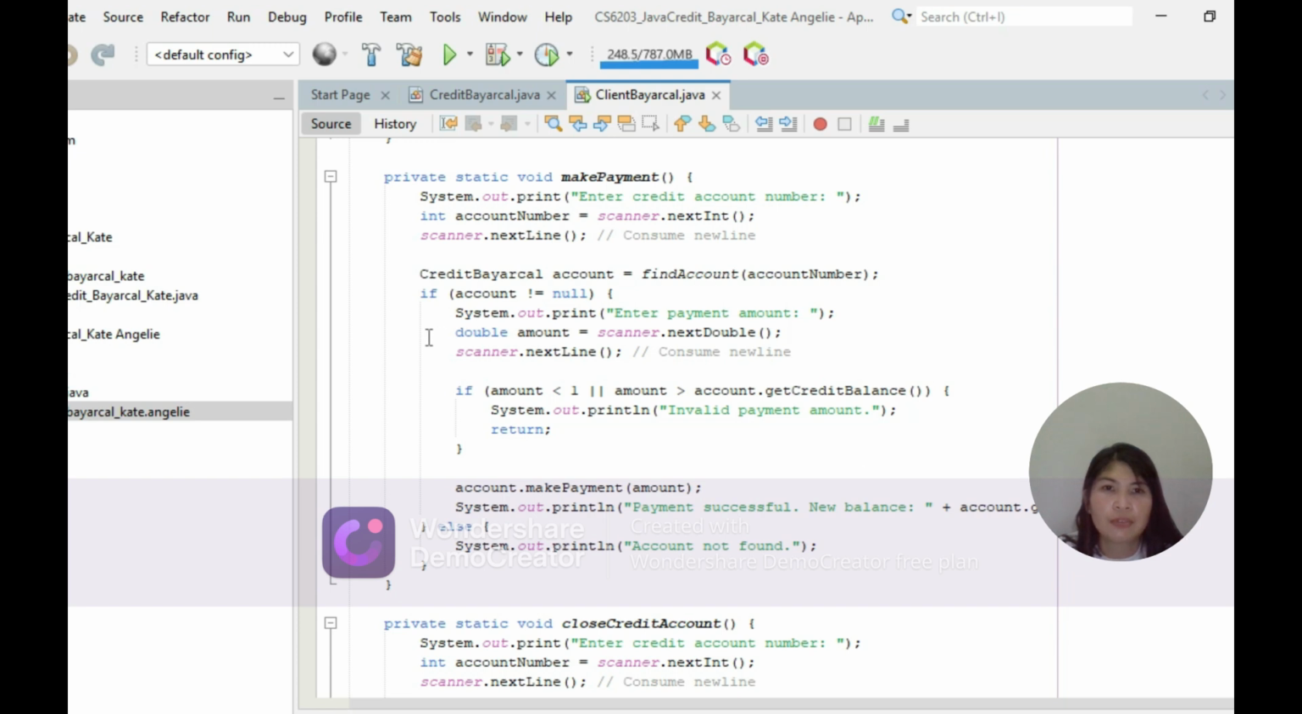So CreditHierarchical account = findAccount(accountNumber). If the account number is invalid or wrong, it will pop up that the account is null. If the account number is correct, the system will ask to enter the payment amount. So System.out.print("Enter payment amount");